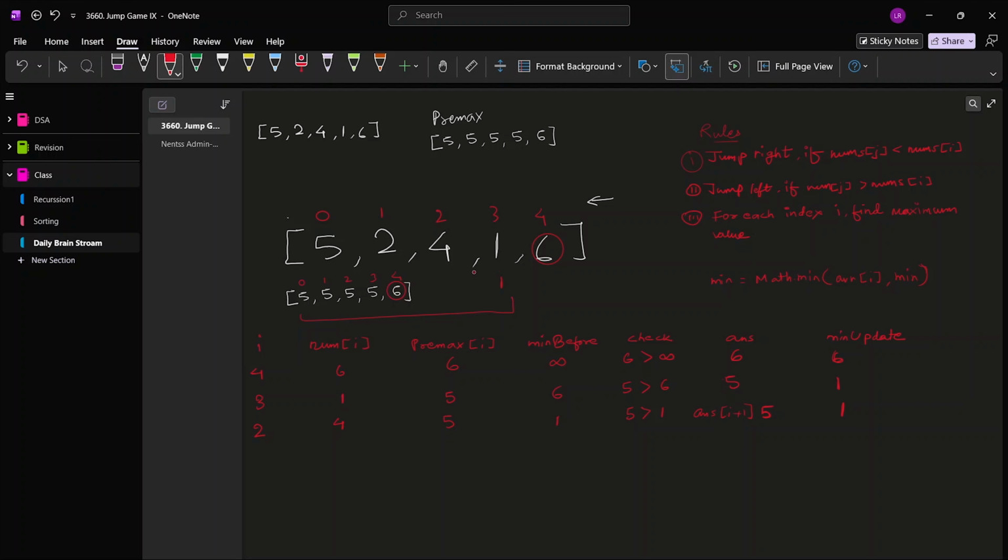ऐसे समझो कि अभी हमारे पास करंट एलिमेंट 4 है, ठीक है। जब हम आंसर फाइंड आउट कर रहे थे, हमने अपने एरे का आइट्रेशन n-1 से शुरू किया था। हमने 6 के लिए देखा कि 6 के लिए मैक्सिमम एलिमेंट क्या है, 6 ही था, हमने 6 अपडेट कर दिया। हमने 1 के लिए देखा कि 1 के लिए मैक्सिमम एलिमेंट क्या था, 5 था, हमने 5 अपडेट कर दिया था। अब हम 4 पे आ रहे हैं, राइट।